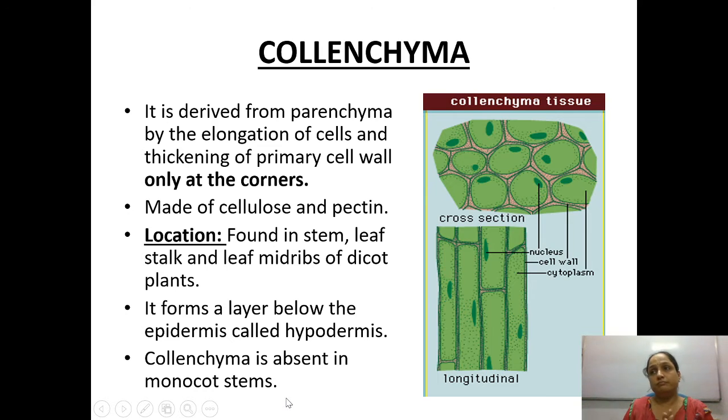For the understanding of monocot and dicot, I'll tell you. Monocots are those in which the seed cannot be divided into two equal halves, like wheat and rice. So those are monocots. When we talk about dicots, the seed is divided into two equal halves, like gram, pea, kidney bean. So these are examples of dicots.